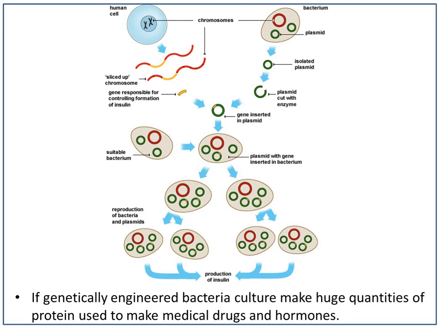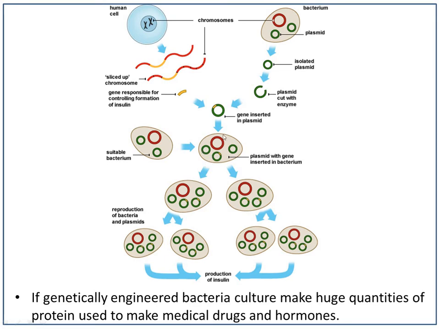So what you would do, you would take an enzyme which would cut out the insulin gene from the human chromosome. You would use the same enzyme to cut a hole in the plasmid from the bacterium. You would then insert the insulin gene into the bacterium plasmid. Then the plasmid can be put back into the bacterium, and that bacterium now contains a plasmid with the insulin